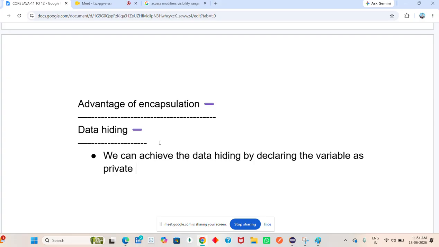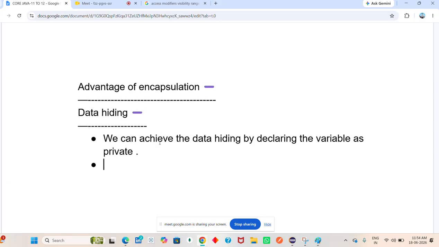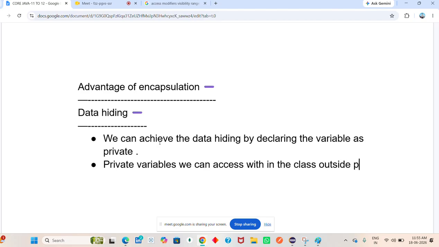If you declare the variable as private, an outside person can't access it. But now try to understand, private variables we can access within the class. Outside persons, other classes, can't access them directly, but we can access them